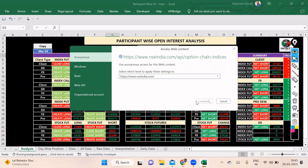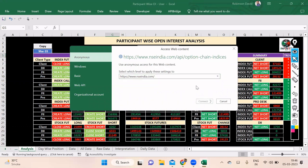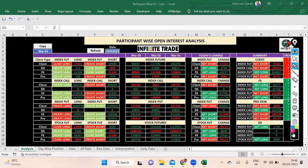So during the weekends, you don't get a proper connection from the NSE website, especially for the option chain. Hence, you keep on getting this window. Anyways, if you look at the participant wise open interest,